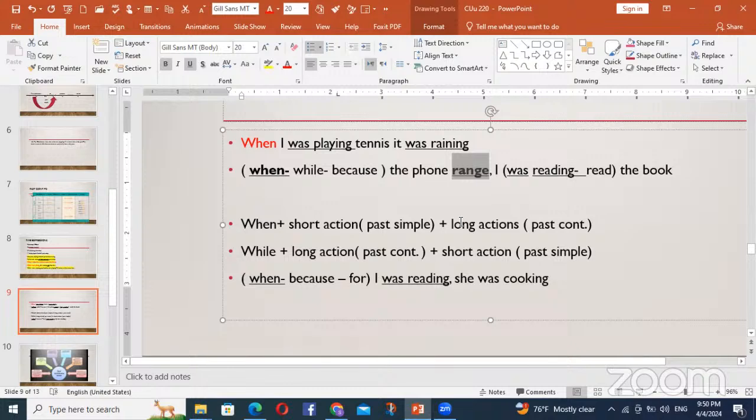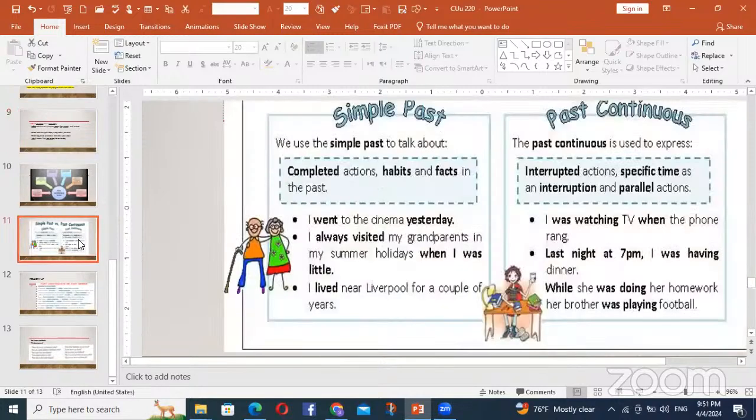I was reading. When I was... while, so while comes here before was reading. So while goes with the long action, which is the past continuous: was and were with verb-ing. And after that we have the past tense. When I was reading, she was cooking. Of course here we don't use a connector like and or for; we use the connecting time word, which is when, because it connects the two sentences in terms of time. Here the two actions, as I told you, are taking a long time, and they are happening at the same time.